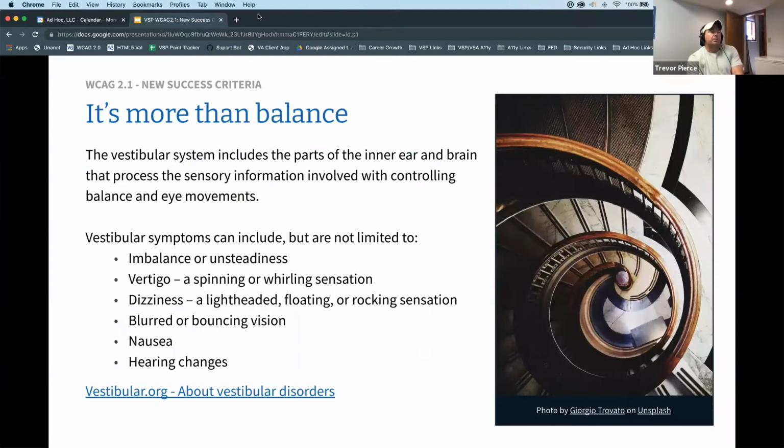Vestibular is more than balance. The vestibular system includes parts of the inner ear and brain that process sensory information involved with controlling balance and eye movements. If a disease or injury damages these processing areas, an individual may suffer with disorders of dizziness or